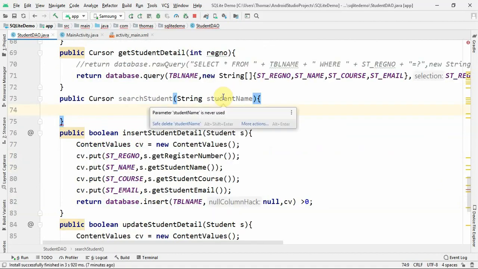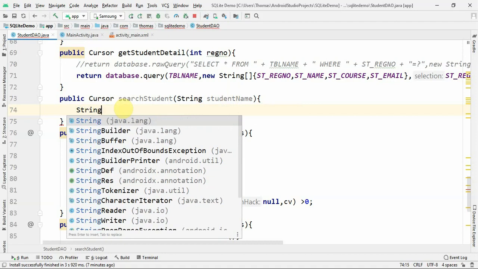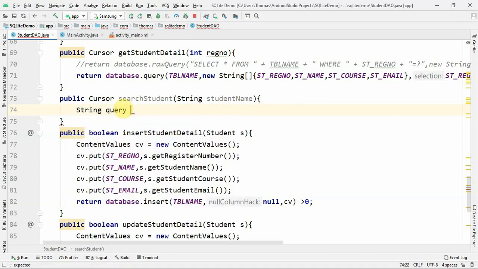If you pass the student name, whatever name which matches or looks like this particular name, I'll be retrieving it. So please note, I'm not looking for an exact match. If it somewhat looks like that name, I want those names to be retrieved. I'm going to use a raw query here. So let's first build the query. I'll create string query is equal to, in that one, I'm going to say select star from, you have the table name with you. So I'll just call TBL name,